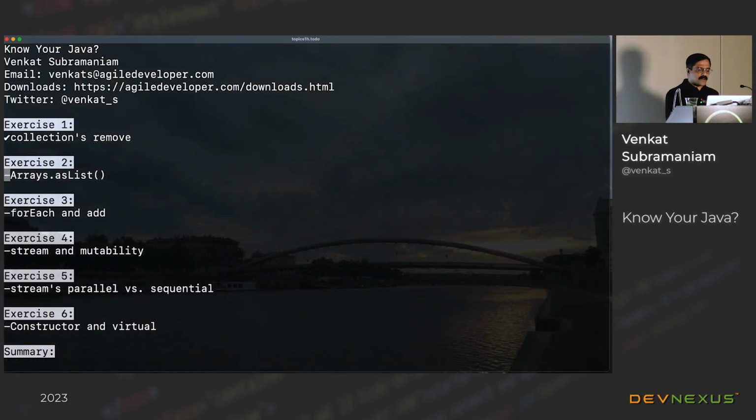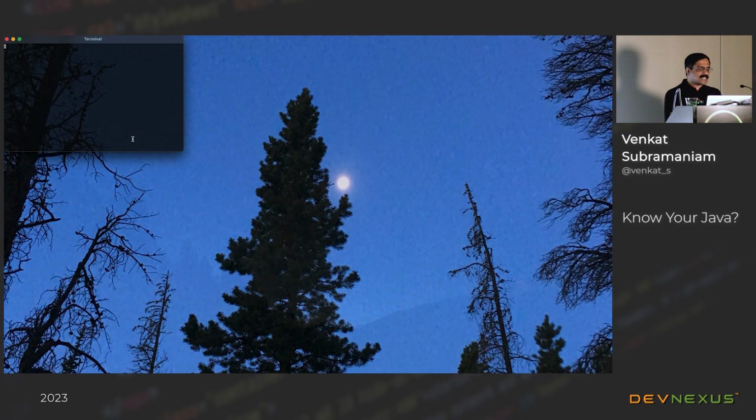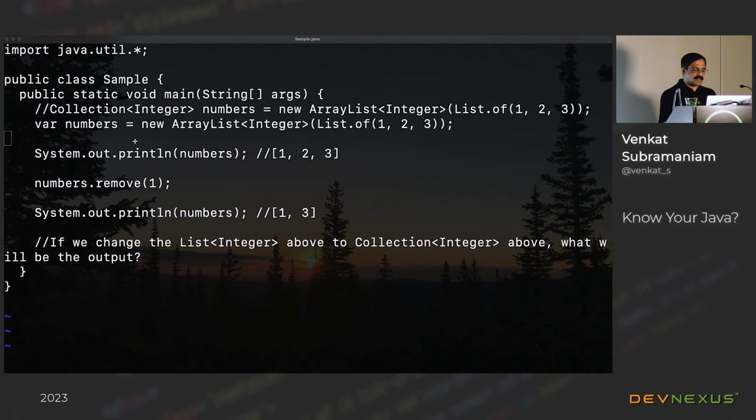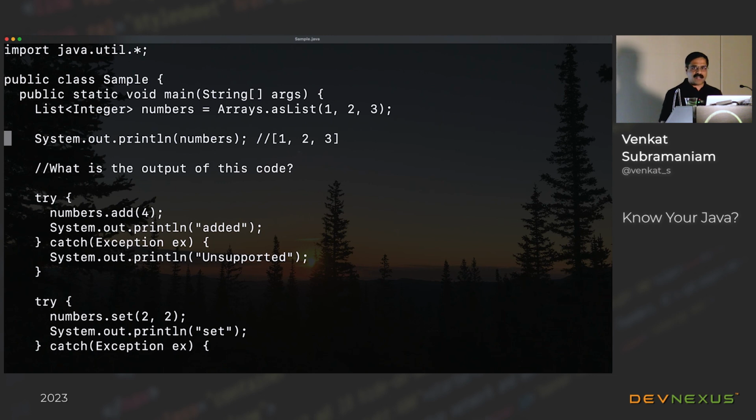So moving a little further with this is the next ouch I want to talk about, and I still have my pinky in pain because of the stubbing that I had with the code. And so here is an array list I'm creating. So I'm creating a list, numbers, equal to Arrays.asList. And once I create an Arrays.asList 1, 2, and 3, you can see that I'm printing out the value of this list, and obviously it's 1, 2, and 3.